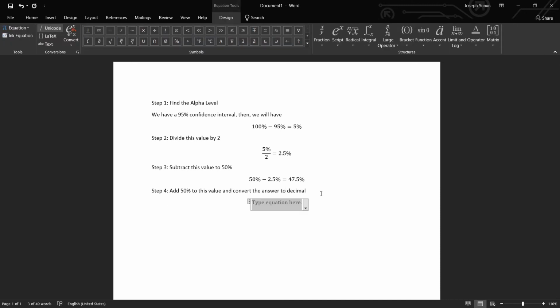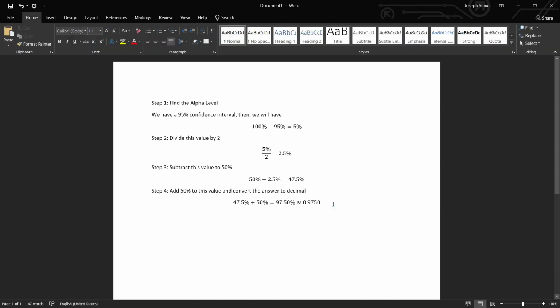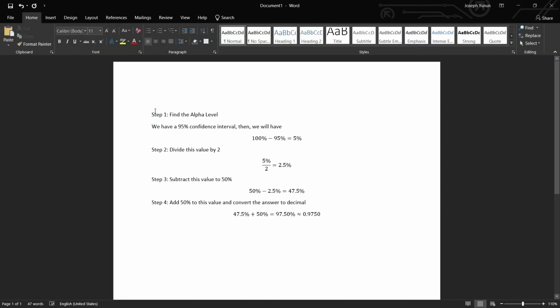So that is 47.5%, plus 50%. That gives us 97.5%, or approximately equal to, say, 0.975. Now, by the way, this is using the z table